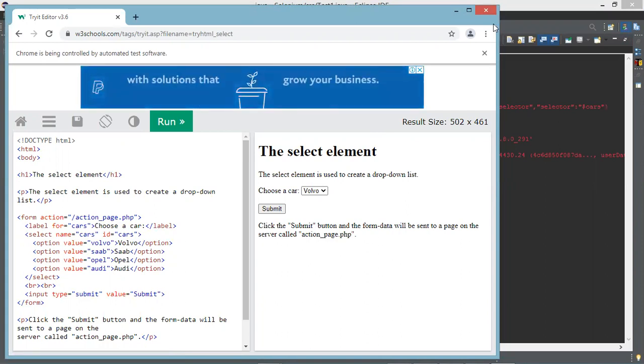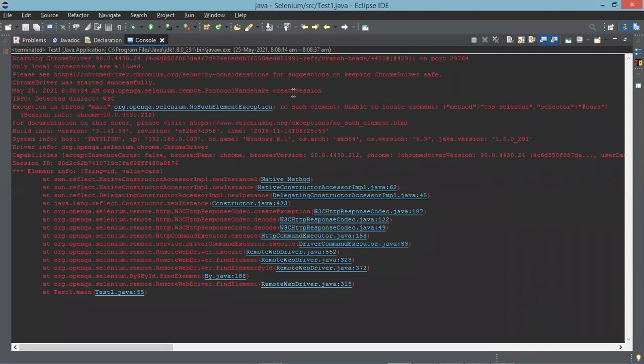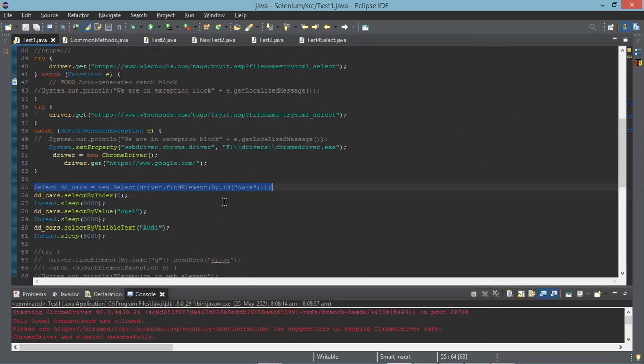Now go there, you can see a failure. What does it say? No such element exception. Click on that line, the Java file name that you have used. Now that is not visible, it says. Why? Because it is inside a frame.